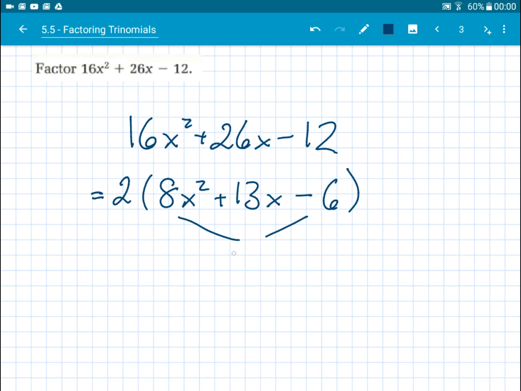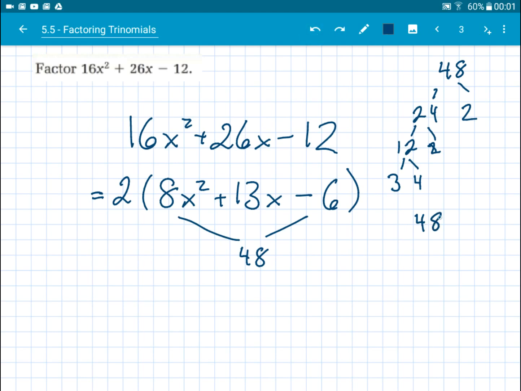So 8 times 6 is 48. We're looking for things that multiply together to give you 48. Okay, so if you're having trouble figuring out those numbers, you can make a tree. That sometimes helps. So 24 and 2. And then 12 and 2. And then 3 and 4. And so if I'm looking at this and trying to decide, well, now I have lots of things to try in order to create possibilities. So 48 and 1